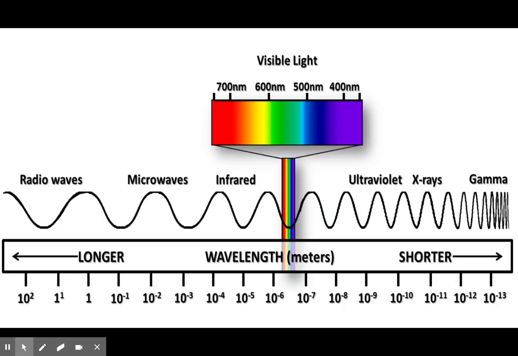So here we have what's called the electromagnetic light spectrum. If you look at all of these different wavelengths, from left to right, we have radio waves, microwaves, infrared, ultraviolet, X rays, gamma rays. All of these are types of light. The human eye can only see this tiny little band right there. That's it. So that means that the human eye can only detect less than 10% of the types of light